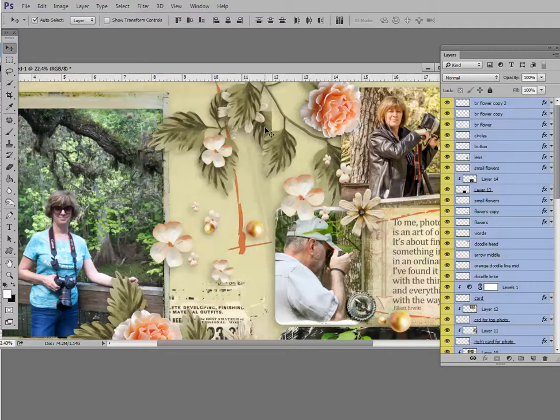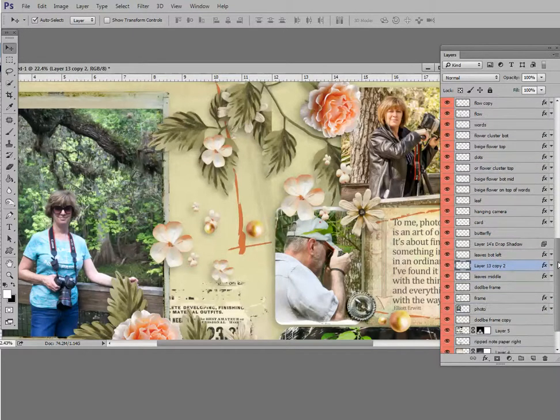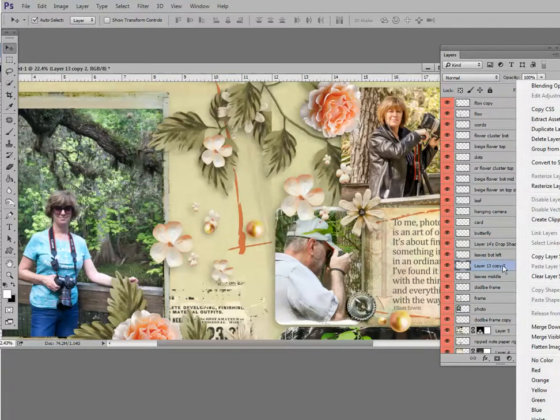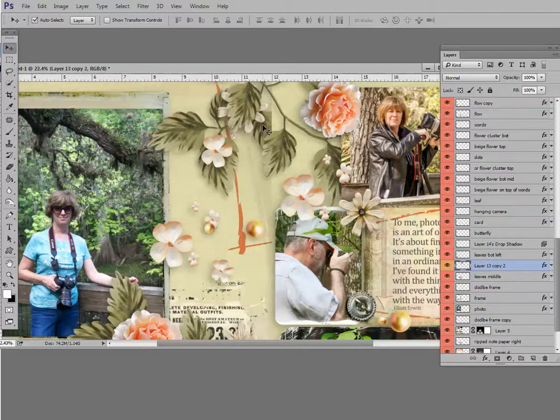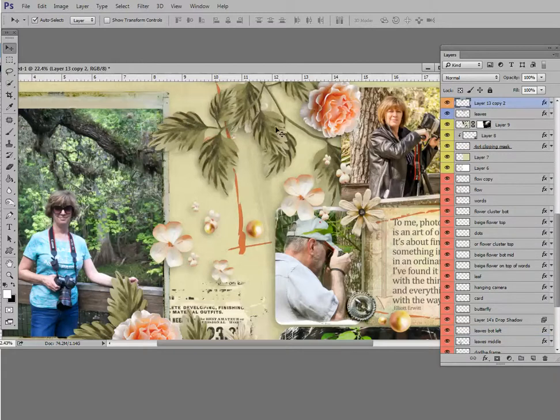Okay, so I'm going to click on one of these just to deselect all of those. So this is a layer right here, and I can see that this is the layer I want to work with. I use color coding a lot just to help me remember where I am or easily see where I am. So I'm going to change that to orange. And I think I want that on top of this, so I'm going to change that to blue. So here, let's grab this and move it right on top of a blue one,